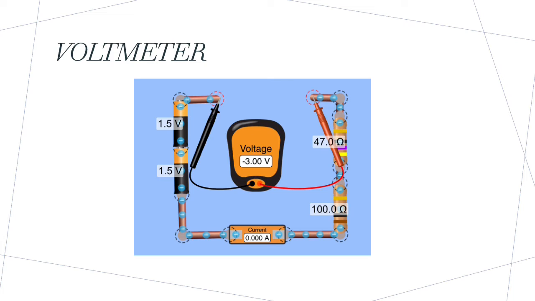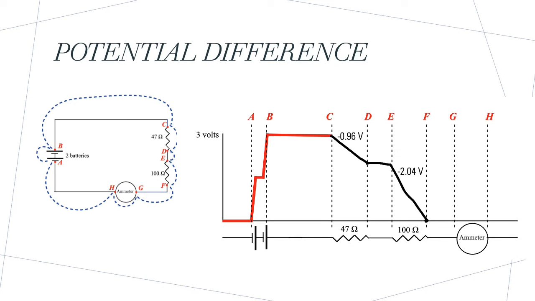So that explains a lot about that. And with voltmeters too, they're different than ammeters because they really just do depend on the location. For potential difference, then, I measured the voltage at each of these different locations, and I finished the graph. So at A and B, it gains 1.5 volts each, which is a total of 3, which is why it's 3 there. But then across the wire itself, there is supposed to be no potential difference. Going from C to D, however, you have a difference of -0.96, and then from E to F you have a difference of